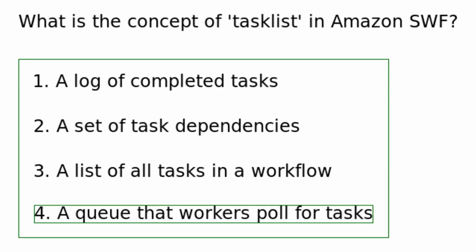In Amazon SWF, a task list is a queue that workers pull for tasks. Each task list is associated with a specific type of work, allowing SWF to match tasks with workers that have